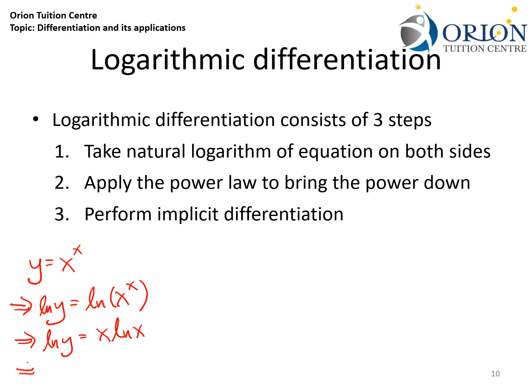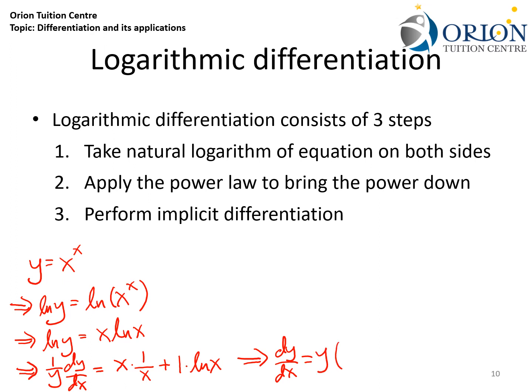So from here, we will get 1 over y dy over dx equals x times 1 over x plus 1 times ln x, which if we rearrange will give us dy over dx equals y multiplied by 1 plus ln x. And if we are interested in dy dx in terms of just x, I can change y back into x to the power x, and therefore I have x to the power x times 1 plus ln x. And so these are the 3 steps that we follow if we want to perform logarithmic differentiation